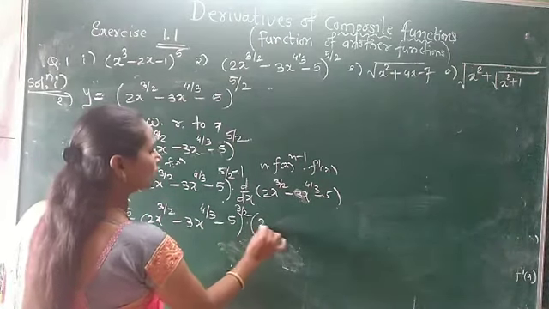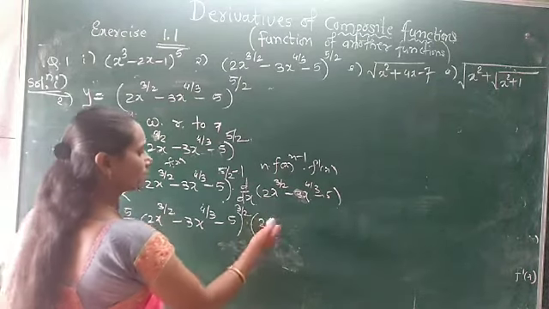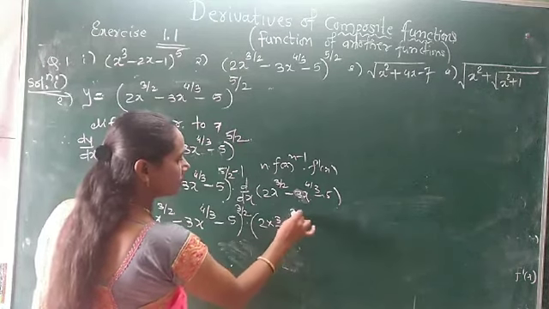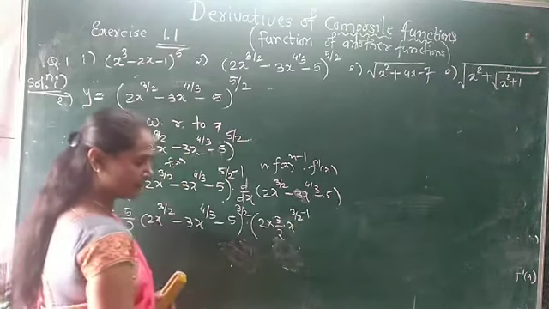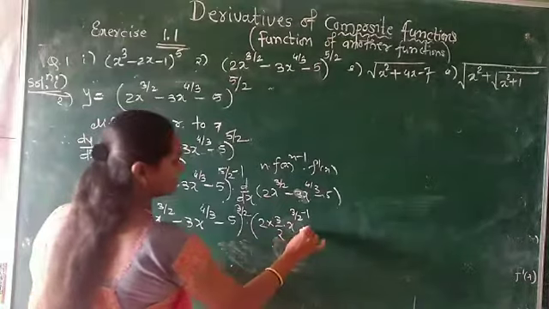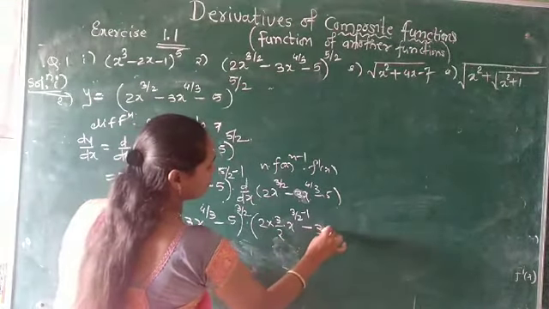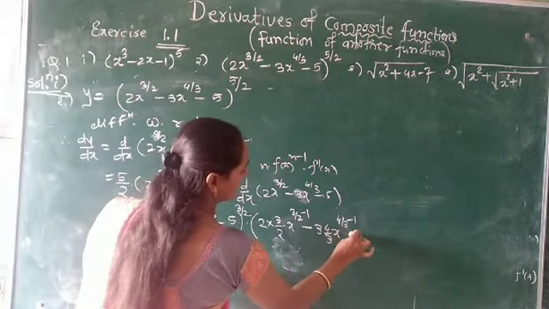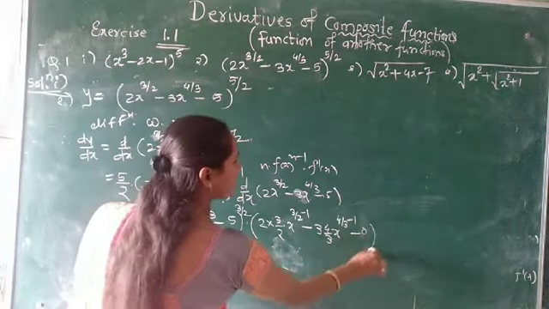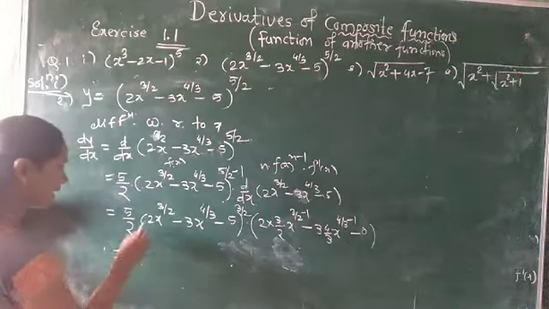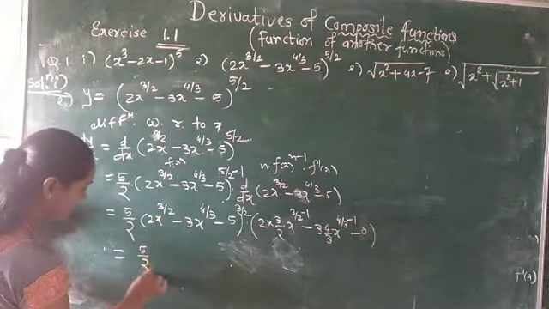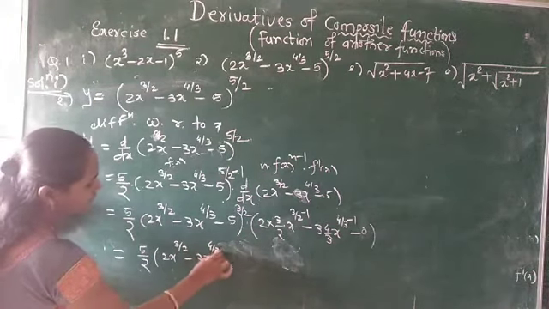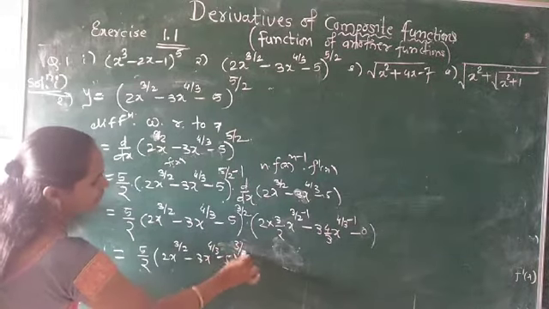So again consider this term constant. Again this is x raised to n, so what is the derivative? 2 times 3 by 2 times x raised to 3 by 2 minus 1. So this is only the derivative of the first term. Minus 3 times 4 by 3 times x raised to 4 by 3 minus 1, and the derivative of 5 becomes 0. So write again this term as it is, 2x raised to 3 by 2 minus 3x raised to 4 by 3 minus 5 raised to 3 by 2